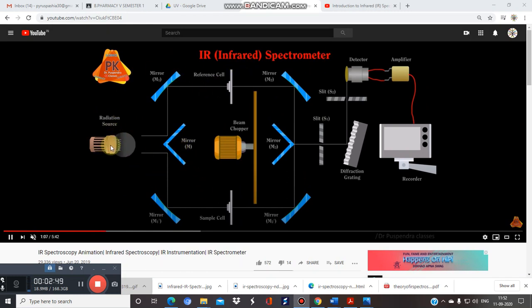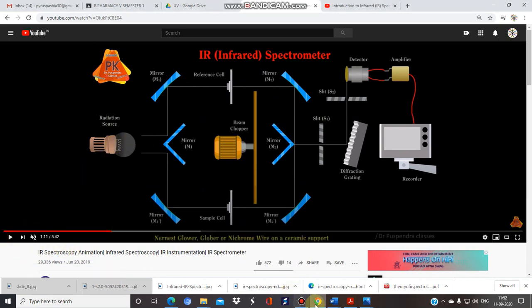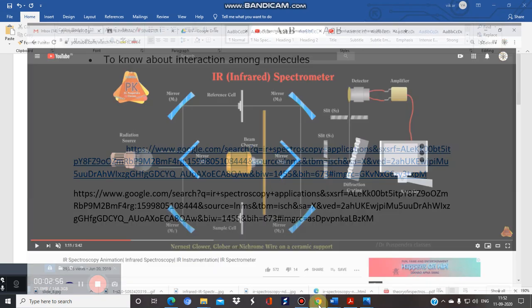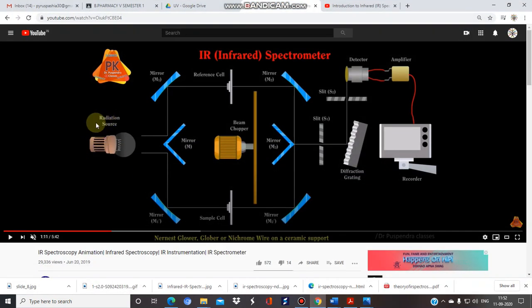As you can see, there are different types of... I will pause a bit. So let us see this again. This is an IR radiation source, and there are different types of mirrors that we are using just to collect our IR light towards a proper direction. So this is M1 mirror. Again M1 mirror. You can see here M2 mirror is used. Then M3 mirror. So there are different types of mirrors used.